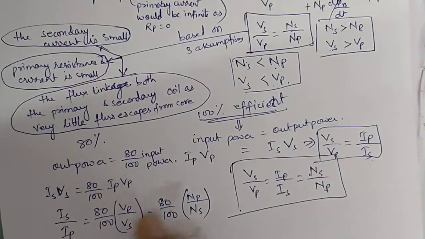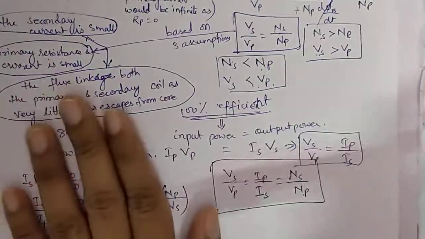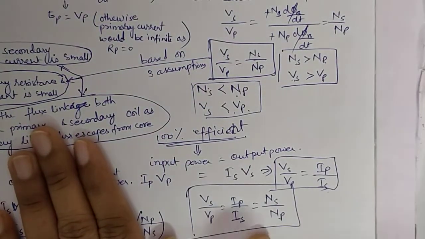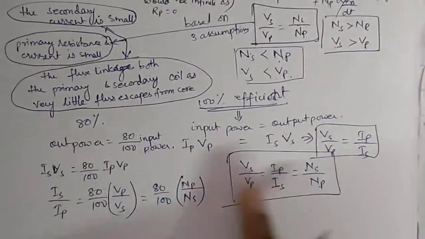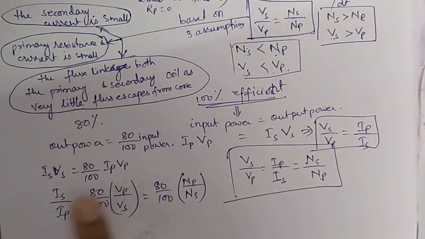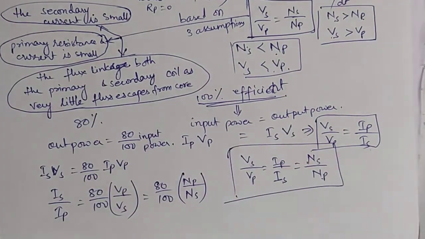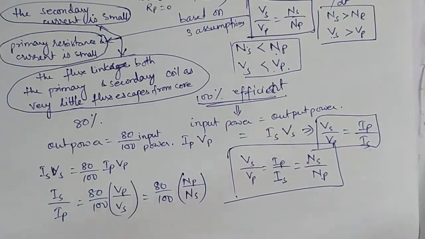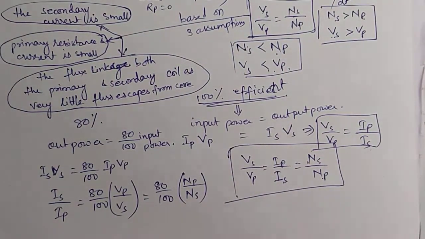So depending on the percentage of efficiency given, you can solve it. But if it is 100% efficiency, then this is the expression. But whether it is any other percentage or 100%, voltage and current are inversely proportional to each other. So if you use a step up transformer, the current in the secondary coil will decrease. Voltage will increase, but definitely the current in the secondary coil will decrease.